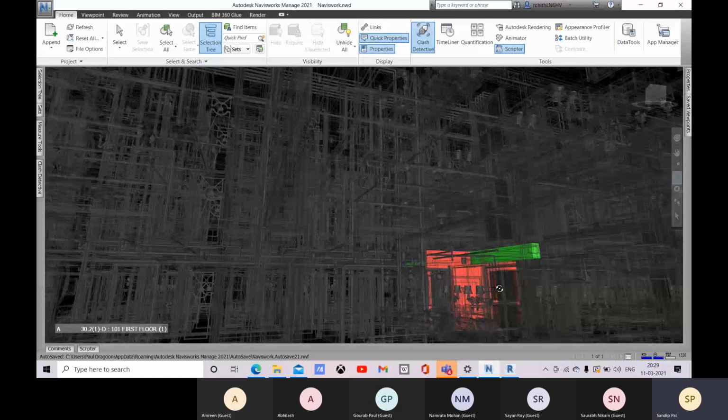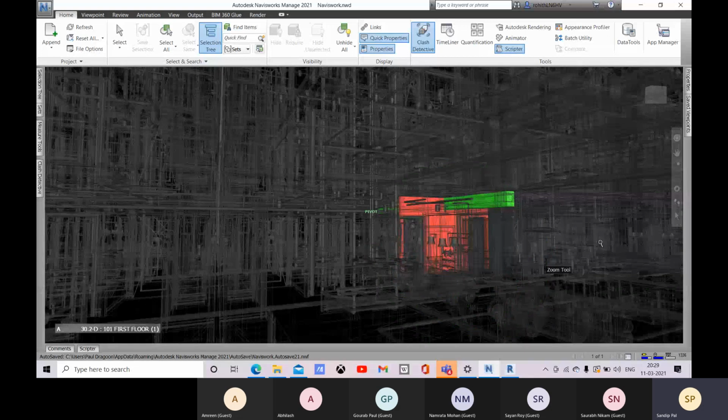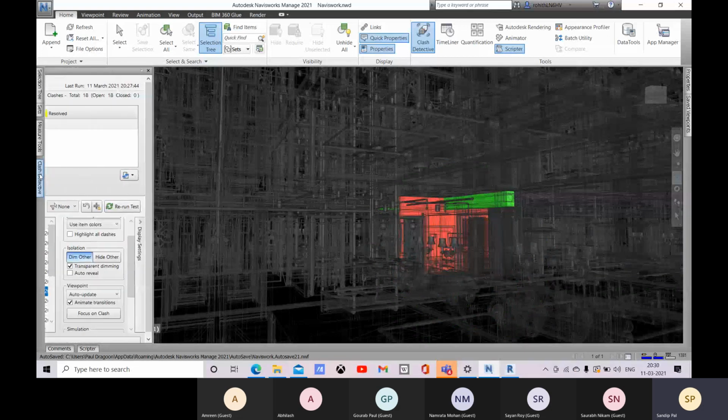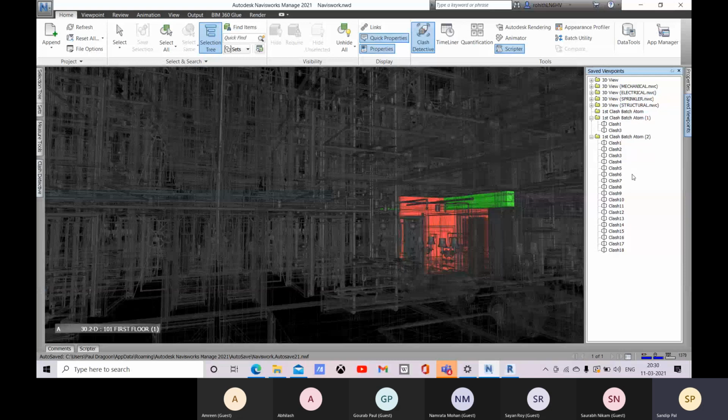This is your class 7, so it should be generating like that, that saved viewpoint. Yeah, so here you can see like this.